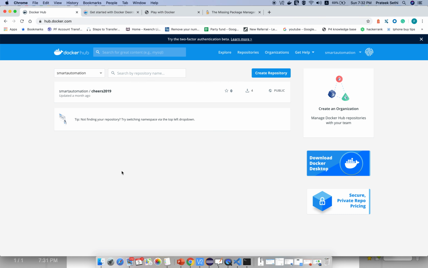I already have a sign in on this site. It's basically Docker Hub, a website where they maintain all the images and all the setups. You need to create an account there, just a simple sign in process. Then go to Download Docker Desktop. You need to click on this,